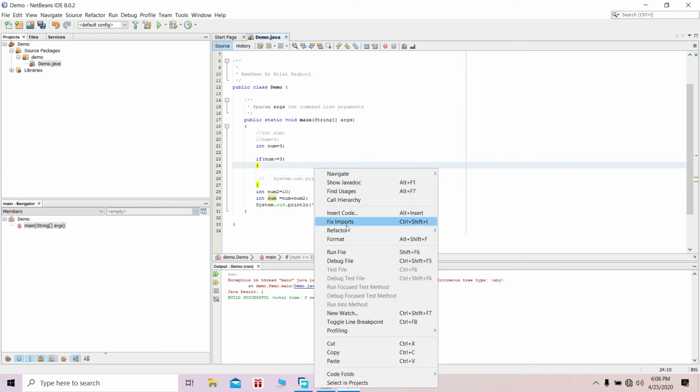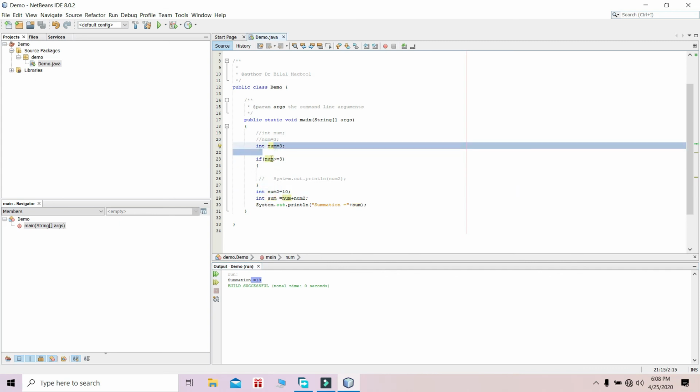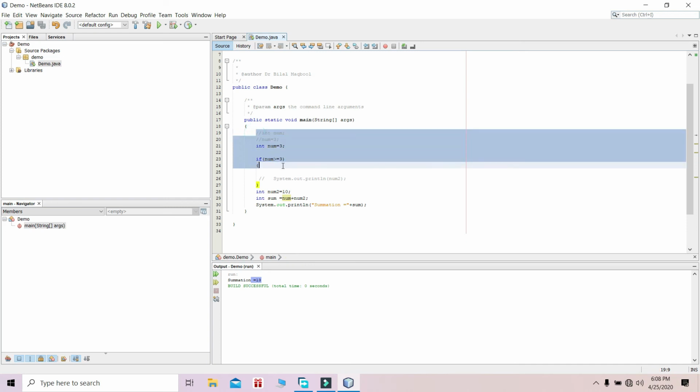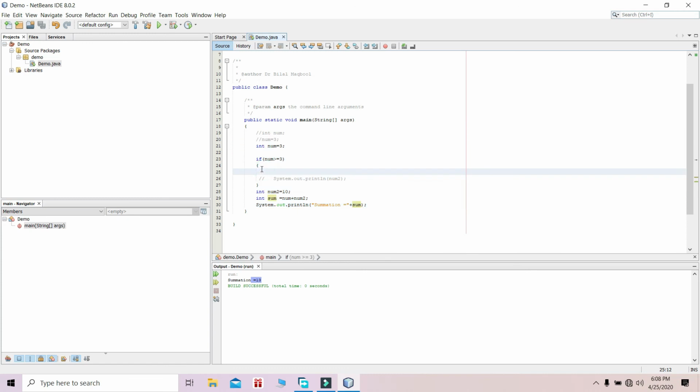Now run the file. Obviously the summation is 13, because this sum is exactly the summation of num2 and num3, and both are in the same block. Now if we undo this with Control Z several times,